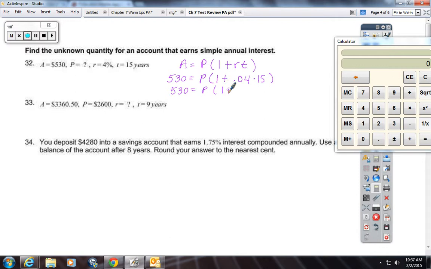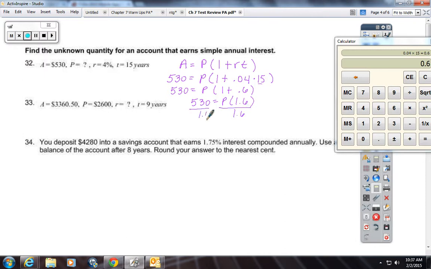So I've got 1 plus 0.6, which is 1.6. Now what's being done to the variable? It's being multiplied by 1.6. What's the opposite of multiplying by 1.6? Dividing by 1.6. So I'm going to take 530, divide it by 1.6, and I get